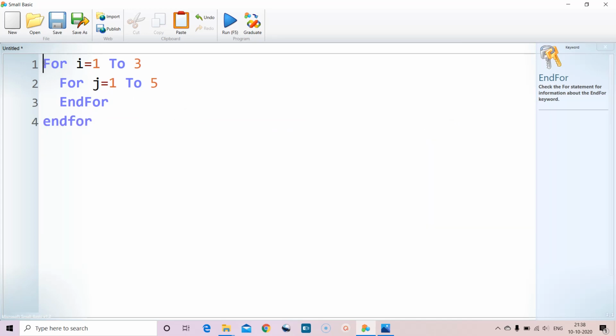So this outer loop runs 3 times, that means 1 for each row, and this inner loop runs for each row. So that is 5 times. That means 5 values for each row, right? For each row, 5 times it will run.